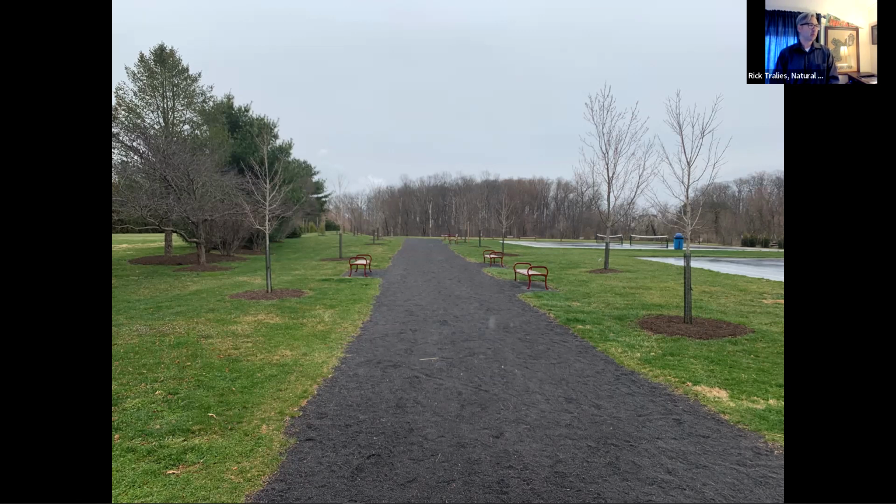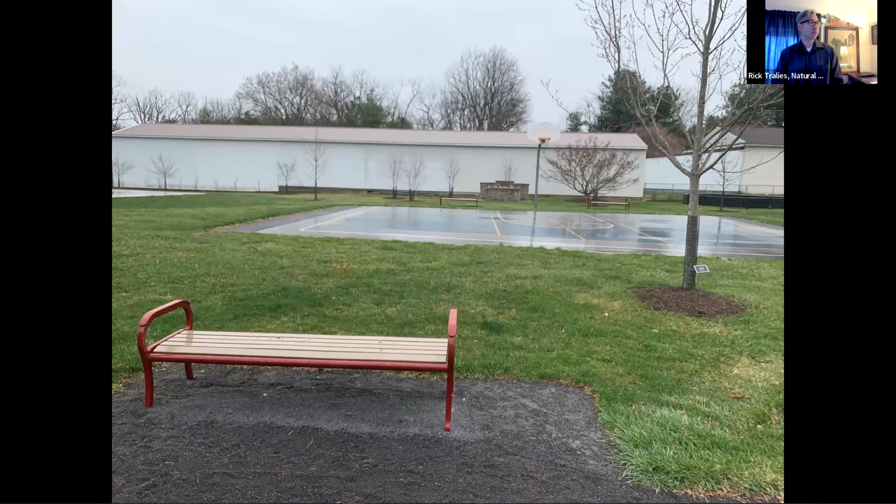When these trees get a little bit bigger and leaf out, they'll provide really nice shade and a really nice alley effect along the trails through the park. They'll also give some shade to the pickleball and basketball players. We've provided a lot of new landscaping to help hide that long, big white facade of the utility building back there. We also were sure when we installed our benches to leave a little bit of an extra pad to